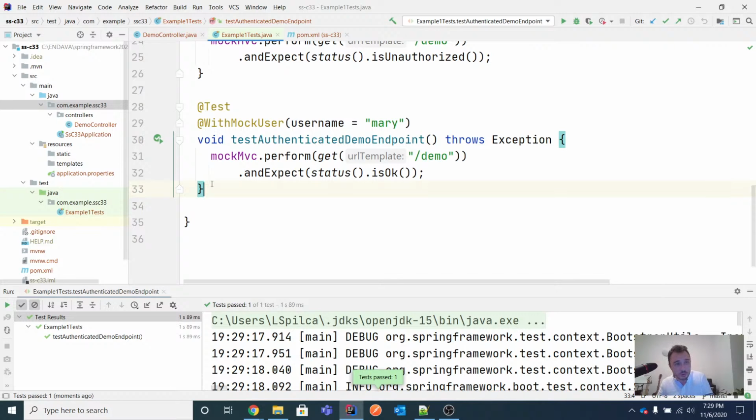And by default, if you remember, the only authorization configuration that we have by default configured by Spring Security is having the user authenticated. So that's why now my test is passing, because it doesn't even matter how you name your user here. It's just a mock user in a mock security context that is used by my app for testing the authorization